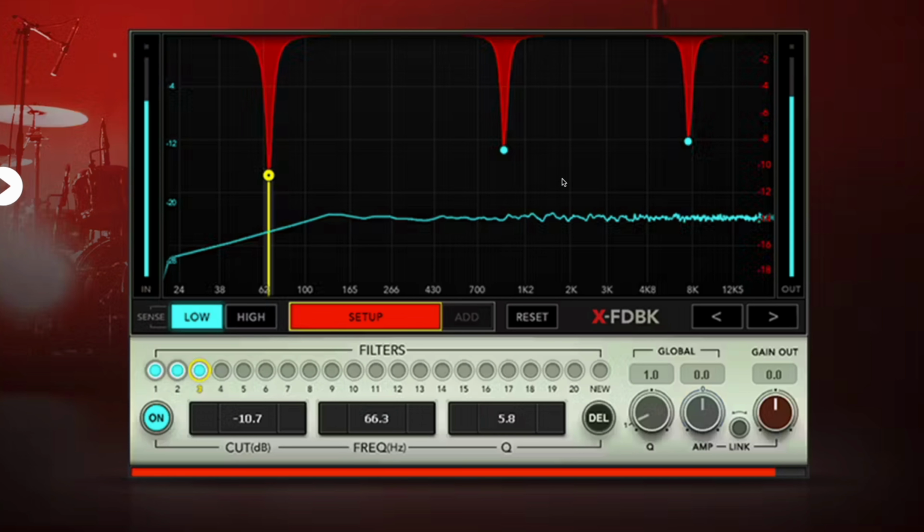But what it does is basically you just let a mic sit there on, nobody singing in it, and just ring it out like you would an old analog desk just to find the feedback point. This will find them automatically for you when it's in setup mode, and it can do up to 20 EQ bands that are really, really thin and really, really specific. The idea is if they're that thin, maybe you won't hear them, and it'll just get rid of that one